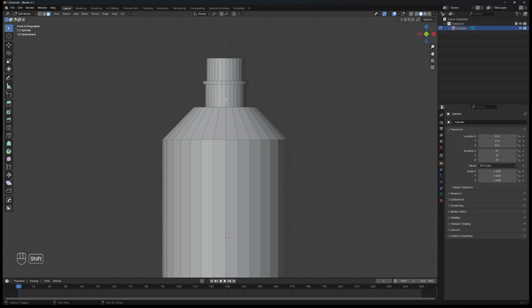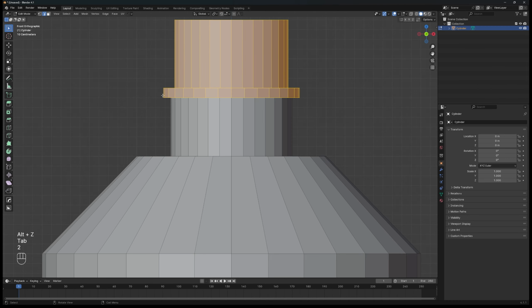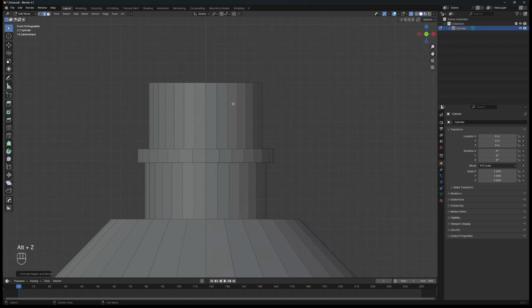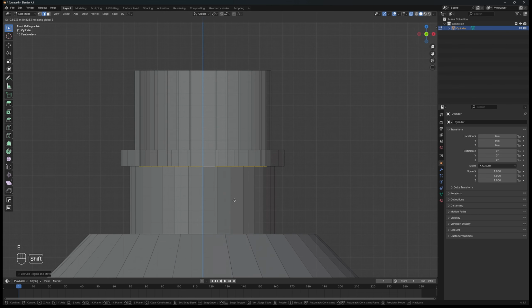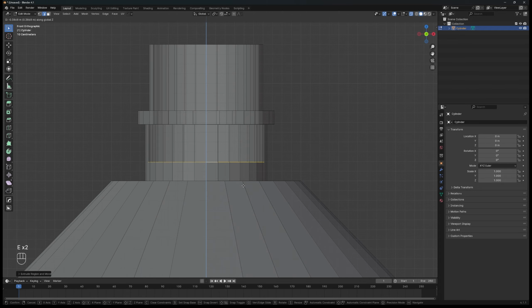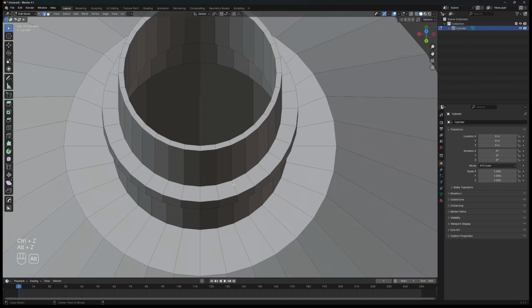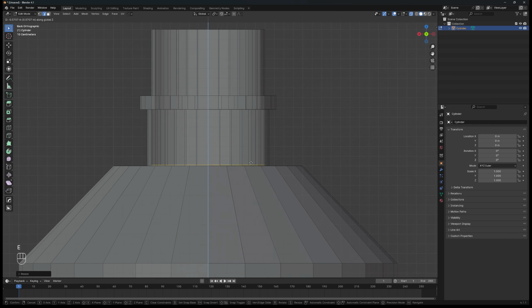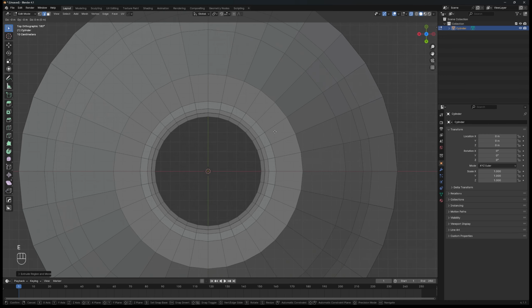To create this shape, select all the looping edges with left click while holding Alt, then extrude and right click. This will place the extruded edge in the same place, and then scale the edge. At the top edge, I extrude the edge inward to create the inside of the bottle. To make it easier to adjust the scale edge, move the viewport to top view.